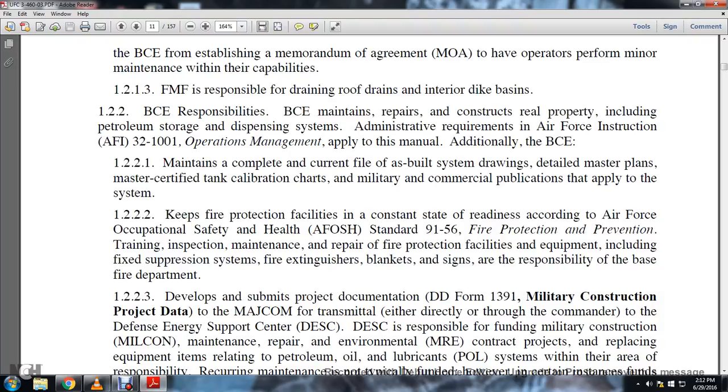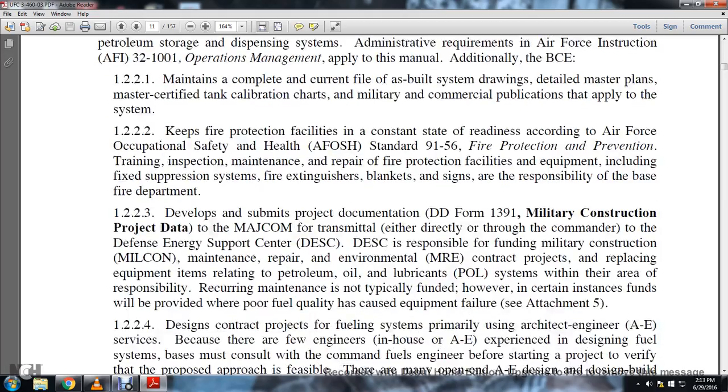1.2.2.2 Keep fire protection facilities in a constant state of readiness, coordinating with Air Force Occupational Safety and Health, AFOSH Standard 91-56, Fire Protection and Prevention. Training, inspection, maintenance, and repair of the fire protection facilities and equipment, including fixed suppression systems, fixed extinguishers, blankets, and signs, are the responsibility of the base fire department. 1.2.2.3 Development